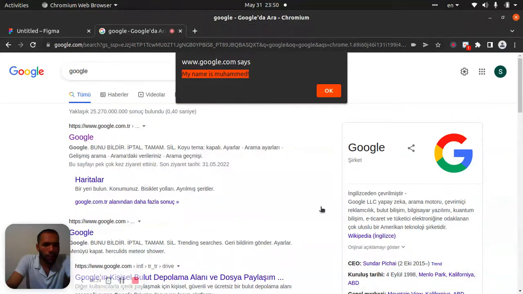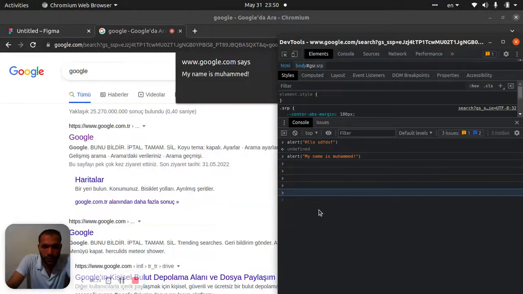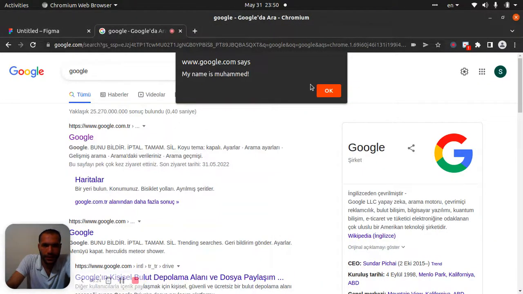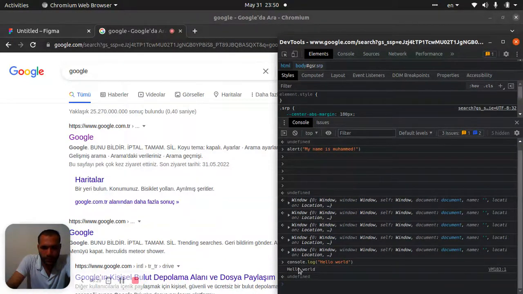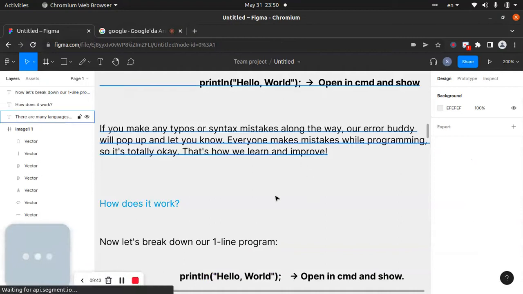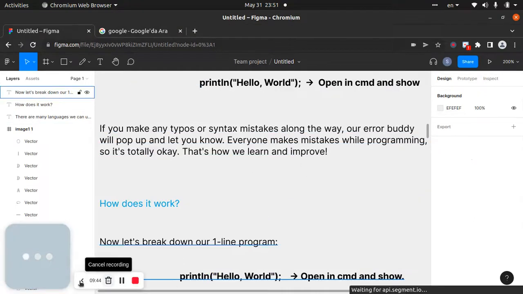Well, you can do it with the console too, as I told you. So this is another way. Console.log will work again, but it will work in the command prompt, like here. Hello world. When you start to write some programs, you'll understand clearly. When you say okay to it, then it will put hello world here. Yeah, this is our output. Okay, I hope it's clear. Let's come back here and close this.